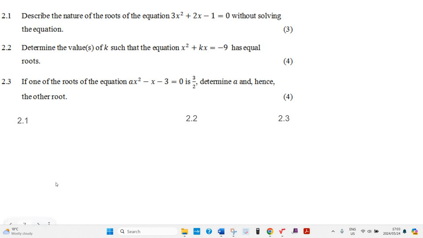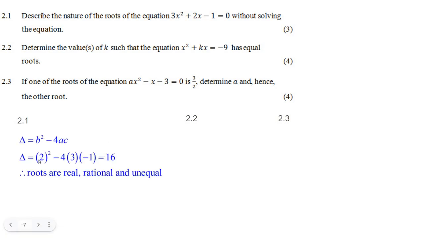Okay, let's look at this nature of the roots question. Here we go. Describe the nature of the roots of this equation without solving the equation. Well, you can just go to that part of the quadratic formula that's called delta, b squared minus 4ac. So if I go 2 squared minus 4 times 3 times minus 1, I'm going to get my answer, because